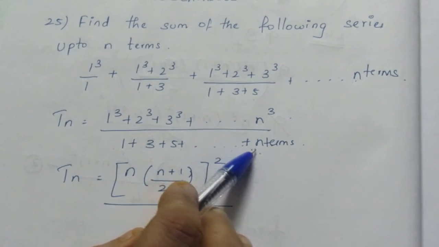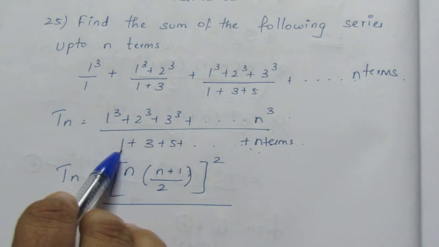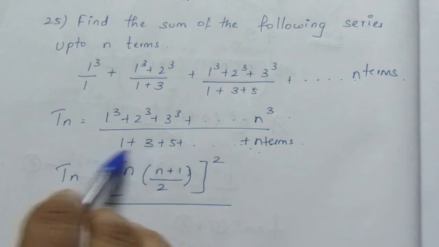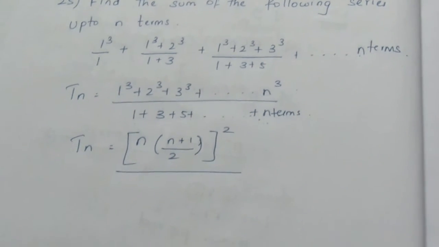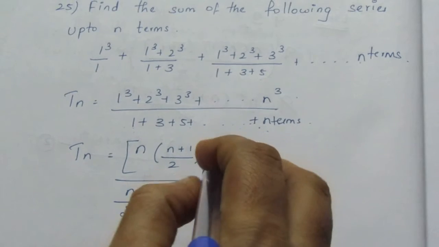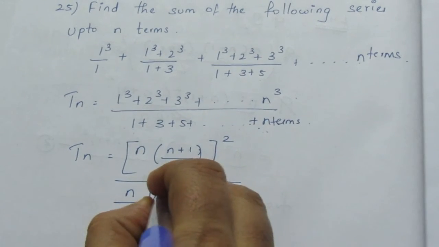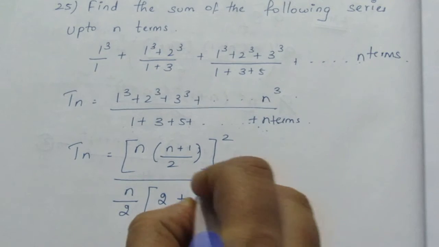Let us solve it as an AP. We know that these are in AP. If we subtract, our common difference will be 2. So I am going to apply the sum of an AP formula here. The sum of an AP is n by 2 into 2a plus n minus 1 into d, that is 2 into 1 plus n minus 1 into d, where d here is 2.